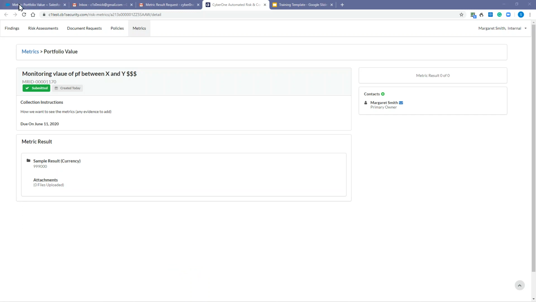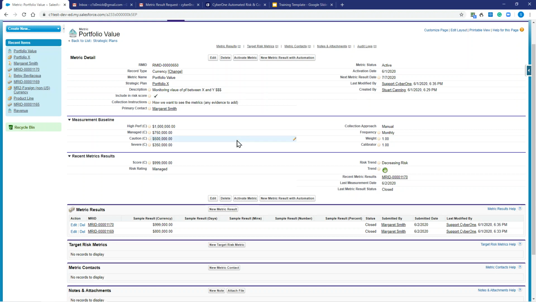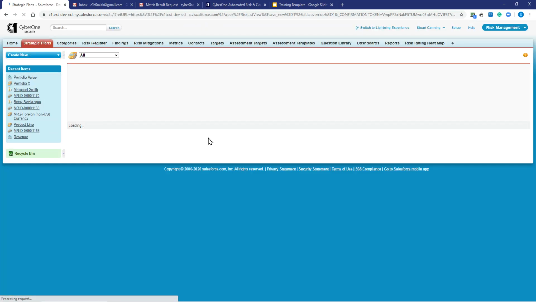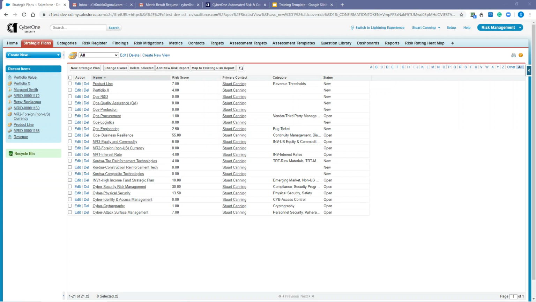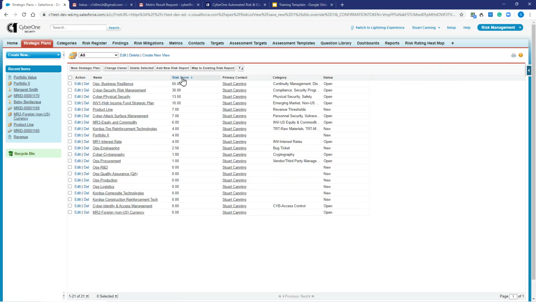And then when we go back to our strategic plan record, you can see that we're starting to display the trend. So here it's green because that number is going up, which means the risk is actually decreasing. Therefore, the arrow trend is going down and is green. So if we go back to our strat plans and just quickly,